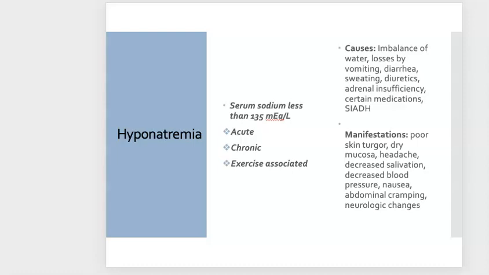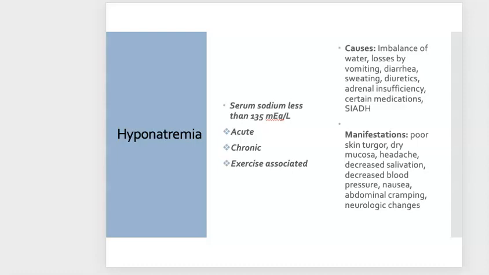critical time. So I'm going to cover a couple electrolytes here. So hyponatremia. That is for a serum sodium less than 135 milliequivalents per liter. Hyponatremia can be acute, it can be chronic, and it can be exercise related. Causes of hyponatremia, it could be imbalance of water, it could be losses from vomiting, diarrhea, and sweating. It could be diuretics, it could be adrenal insufficiency, and it could be disease process syndrome of inadequate ADH hormone